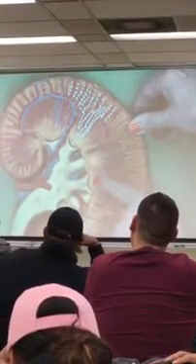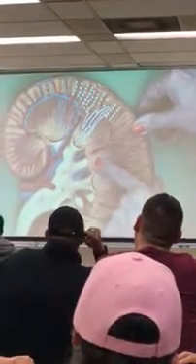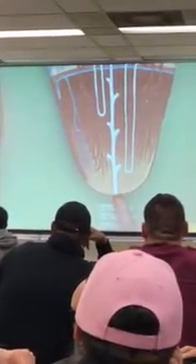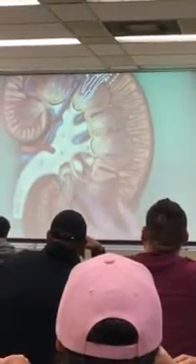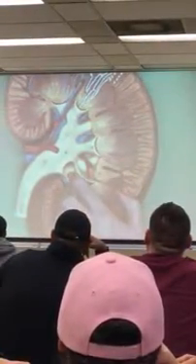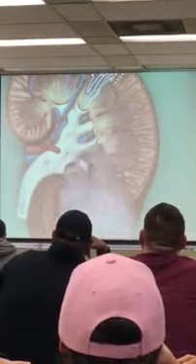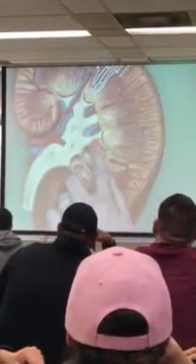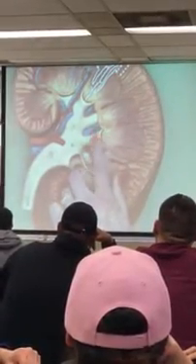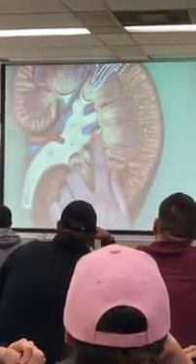So the tip of each of these pyramids is known as the papilla. Here is one pyramid. So this would be its papilla. Hence we call the ducts right at that point the papillary ducts. And those drain into the calyces. So right here you can see a little hole, and that's representing the openings of the papillary ducts into a calyx. So a single calyx with one pyramid is known as a minor calyx, and that's the first time we